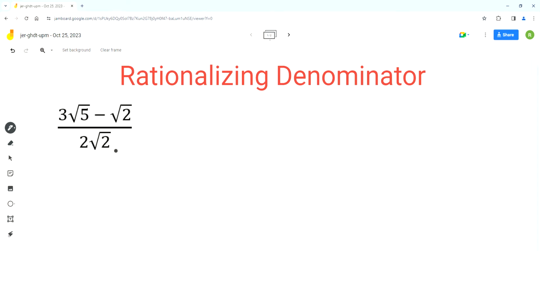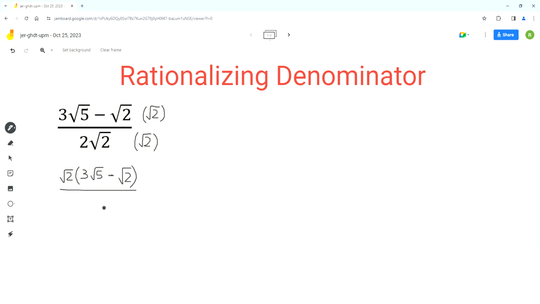So we do that by multiplying the numerator and the denominator of this fraction by square root of 2. So the reason we do that is because square root of 2 times square root of 2 is just 2. So as a result, the radical or the square root in the denominator goes away. So in the next step, we can write the square root of 2 and then parentheses. So we'll put these numerator terms in the parentheses. So 3 square root of 5 minus square root of 2